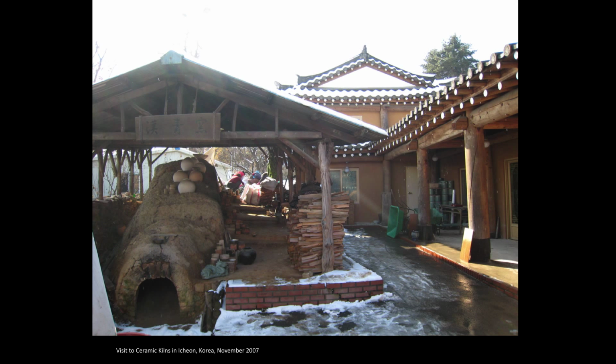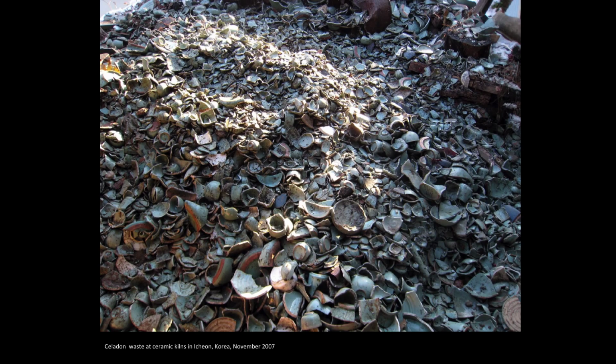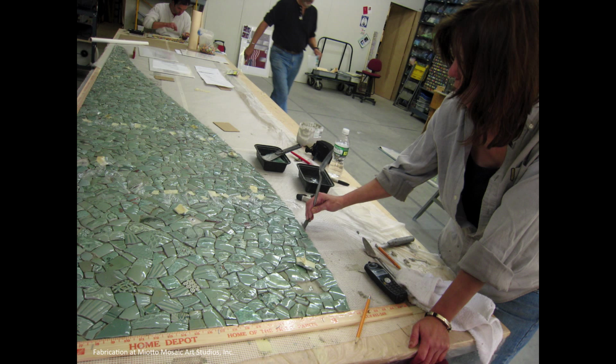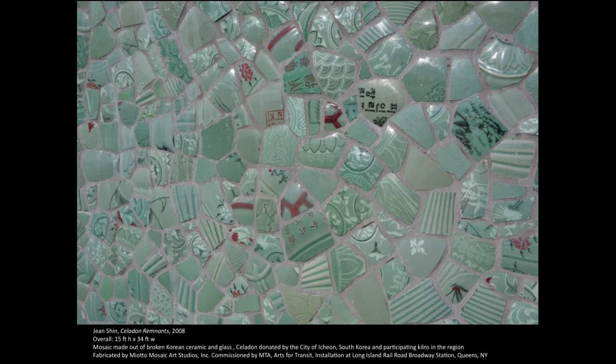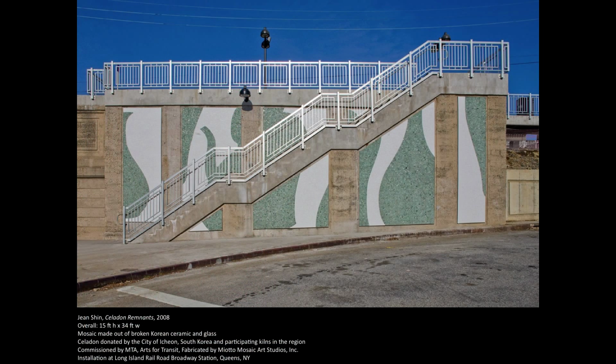The kilns that they use go on for days. And so what happens in production is that oftentimes many things break. And there was my inspiration, that the potters had decided that much of the production is not perfect, and therefore it goes to waste. I decided to import 2 tons of this ceramic waste to create my art installation, to create beauty out of what was obviously an imperfection, so that we find beauty within those details, and yet it's a celebration of our cultural heritage and our own history. And so in the public subway, you would see little treasures of Korea.